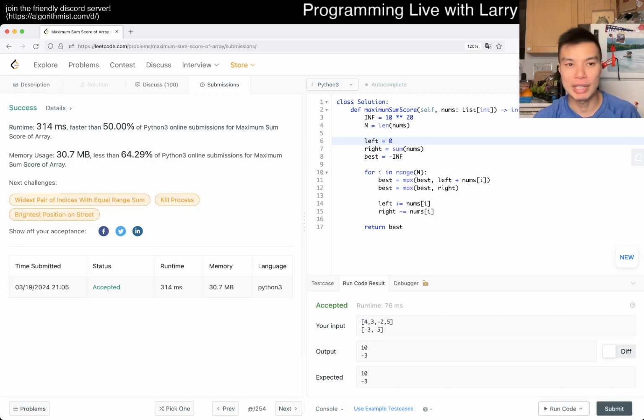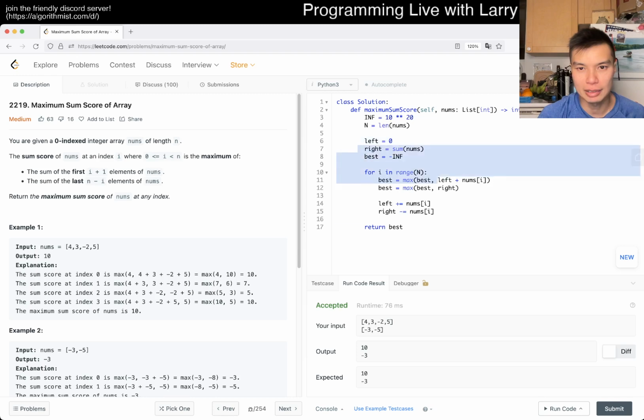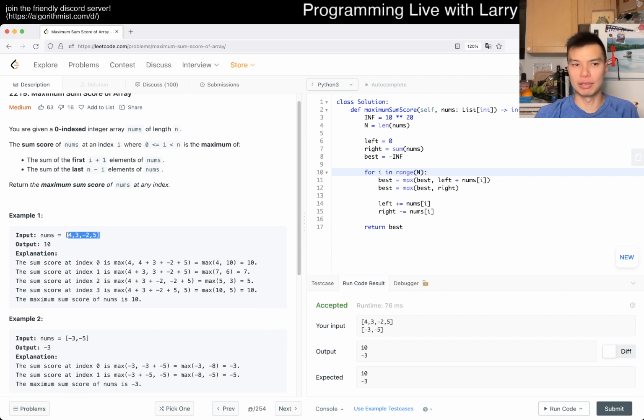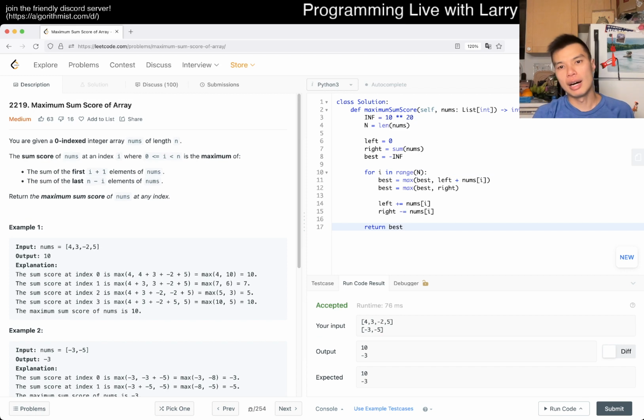Yeah, pretty straightforward. Linear time, constant space. This is a pretty straightforward application of this thing, but definitely this is one of those thought processes that you could have when you go left to right, because you have to do it in fast enough time. But yeah, that's all I have for this one.